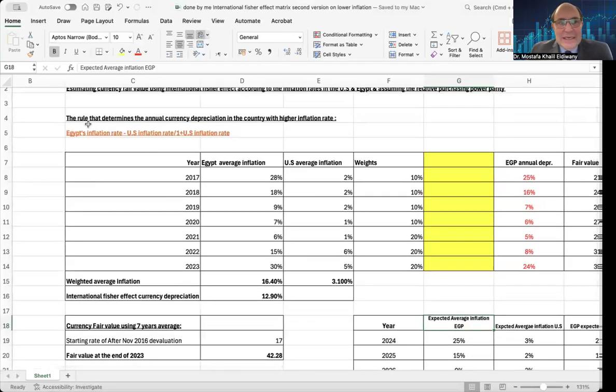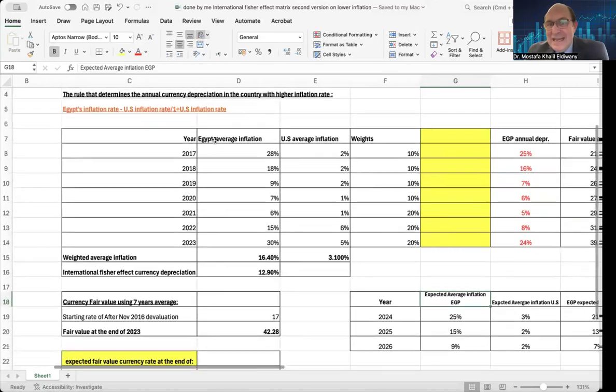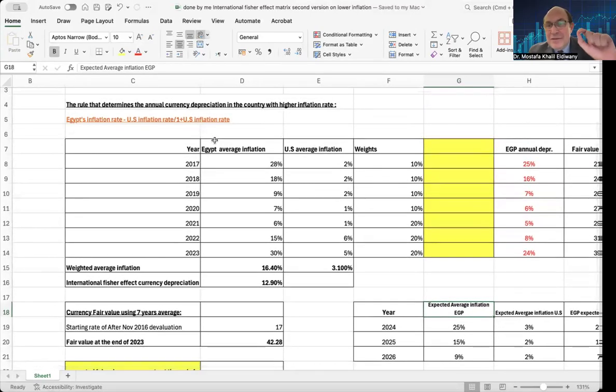The rule is: you take the expected inflation in Egypt minus the expected inflation in the US, and divide it by 1 plus the expected inflation in the US. It gives you the expected depreciation of the Egyptian currency in front of the US currency. For example,